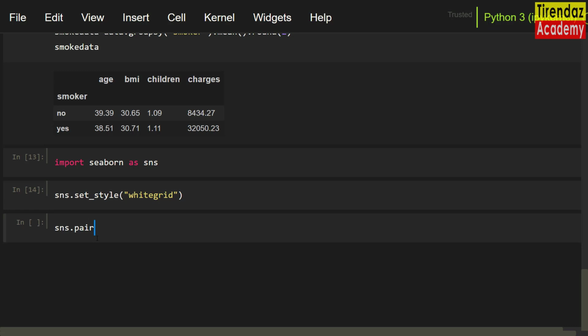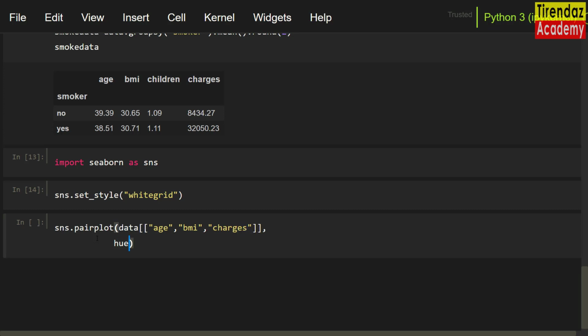Now, let's use the pair plot method. sns dot pairplot data. Let me set variables age, BMI, charges, and then for hue argument, let me set smoker. For height argument, let me set 3.